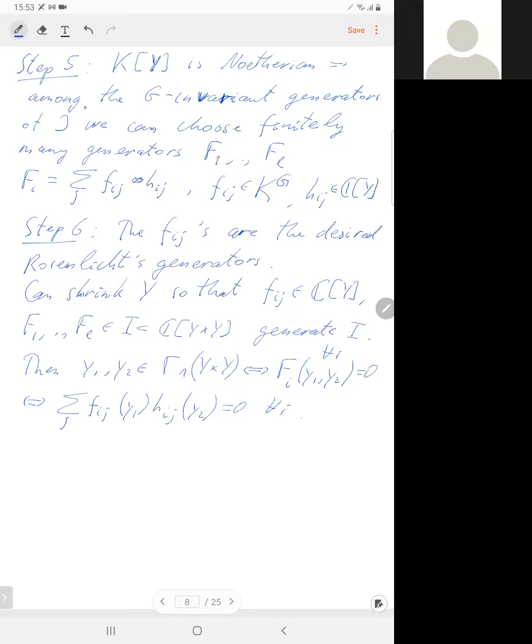And so if F_ij of y_1 equals F_ij of some other y_1 prime,